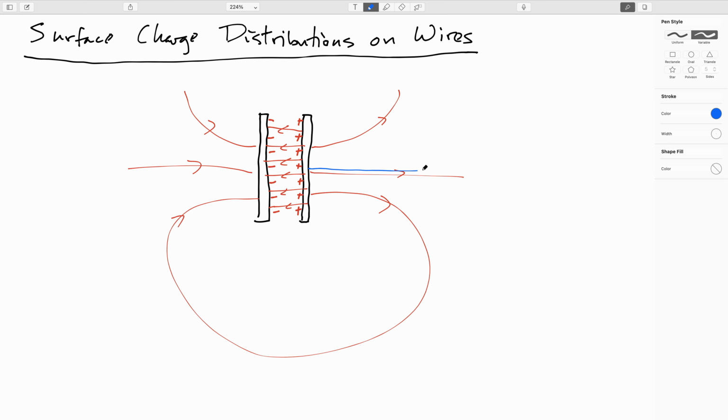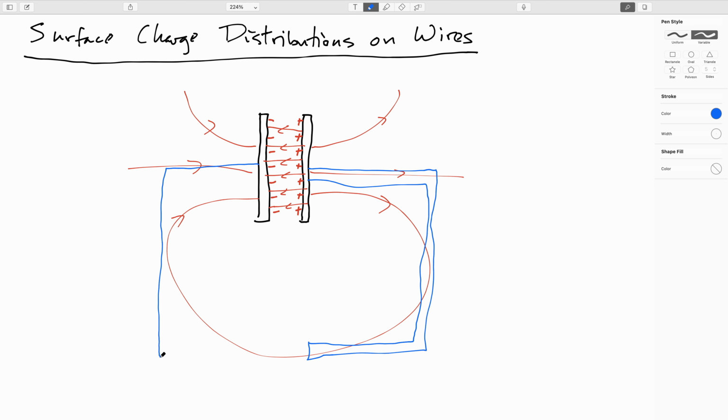So let's imagine hooking up some wires to my plates. And at the moment, I don't want to connect the wires together. We'll get to that. But at the moment, I just want to look at a couple of wires just like so. All right. So it turns out, when I attach the wires, let's think about what happens to an